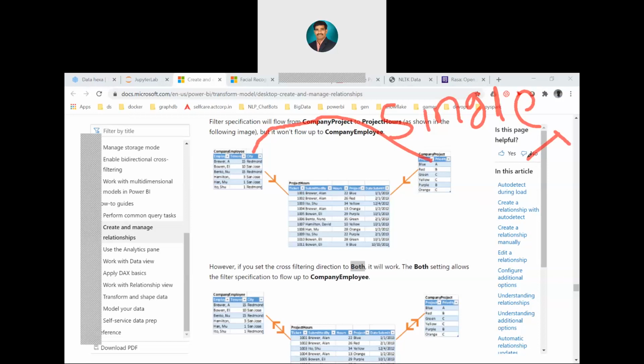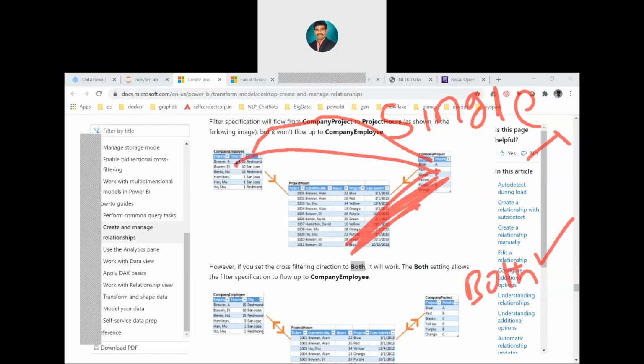We have to provide both directions so that it is going to work. Okay. Yesterday we did with single direction, right? Single direction, but this to this only we did it. Yeah. There are only 2 tables, not 3 tables. Exactly. Only 2 tables. Okay.